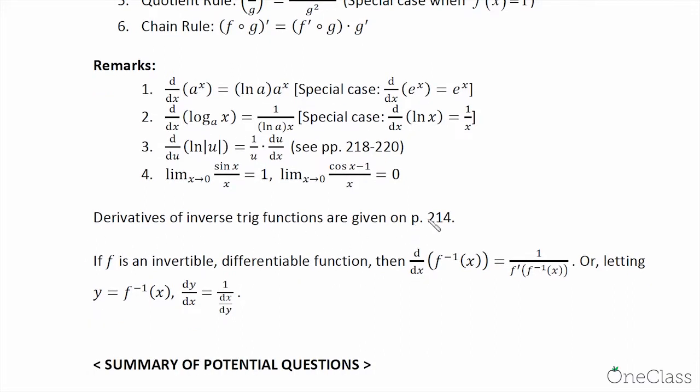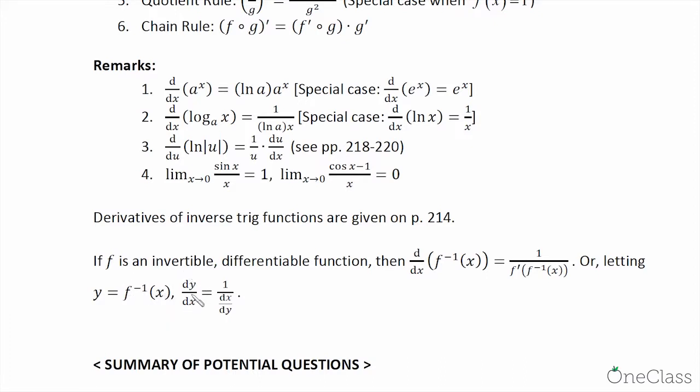Those are given on page 214. Again, it's a box of functions, and probably requires some memorization on your part for what derivative is the derivative of what, and so on. Okay. And lastly, if f is an invertible differentiable function, then we can actually differentiate the inverse function as follows, by this formula: 1 over f prime at f inverse x, or letting y equal the inverse function f inverse,